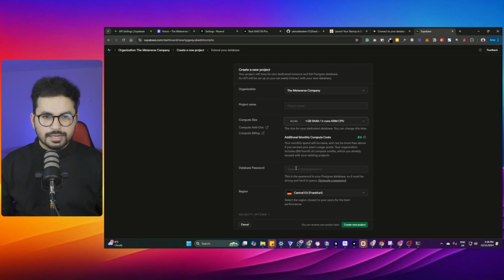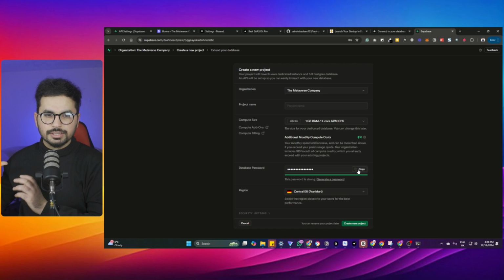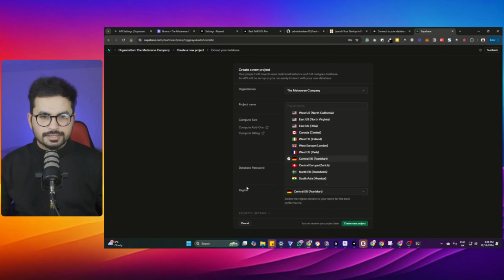After that, just generate a new password, click on copy this password and then save this password somewhere, because you'll be required to use this password later in future. And then the next thing you can do is click on the region section,